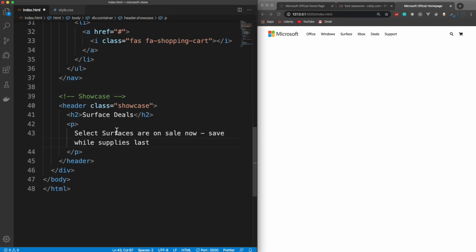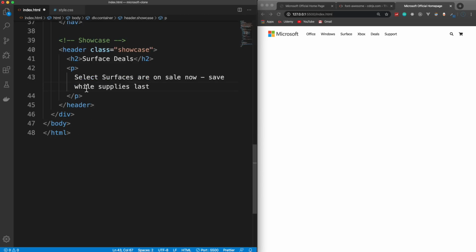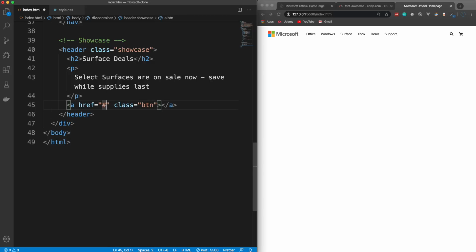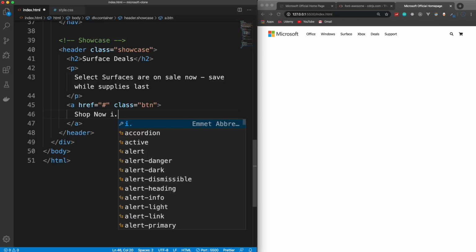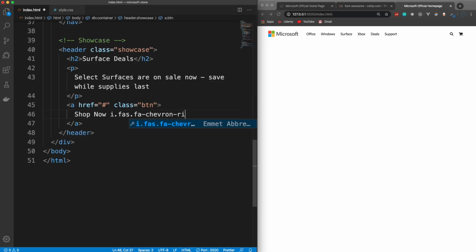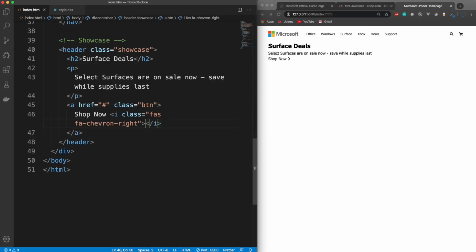Of course, you can copy it from, I should have the code in the description, probably a code pen. But we'll just put that text in, and then we want a button that says shop now, or a link. So let's put an A tag here with a class of BTN. So we'll style it as a button. It's not actually going to go anywhere. And then we'll have some text that'll say shop now, and then I just want to have a chevron icon. So we'll put an I tag, FAS, FA-chevron-right. Okay, so if we save that, that's what it's going to look like, which looks like crap,